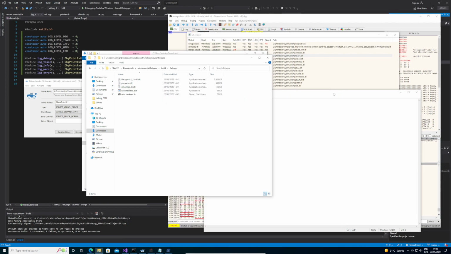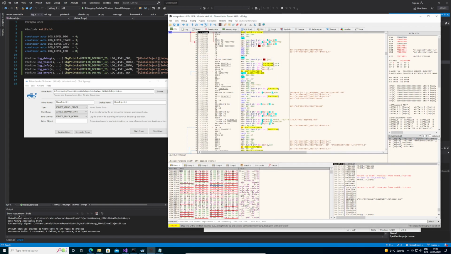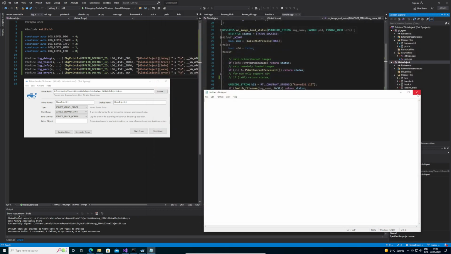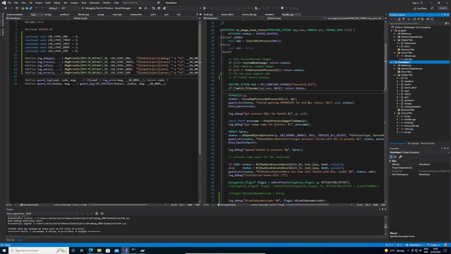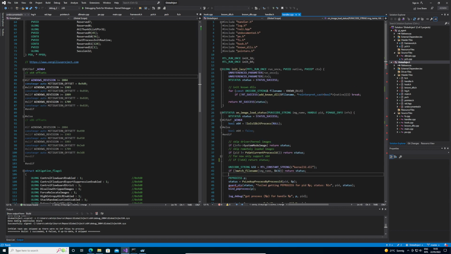So I'm just going to say we're right about the assumption that the offsets depend on the OS version and not the process version. It just makes more sense that way. So we can just